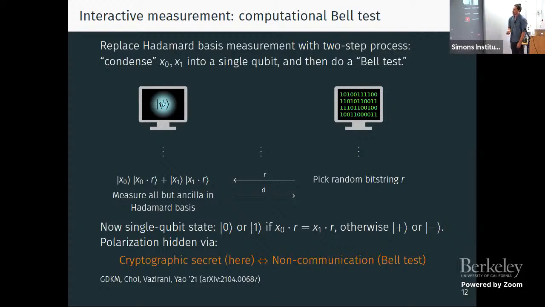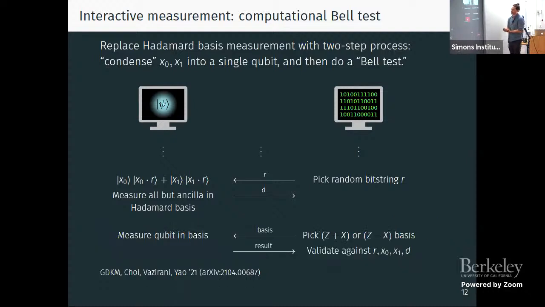So it turns out we can go straight through and just do what you would do in a Bell test or in the CHSH game. We pick an intermediate basis, like the Z plus X or the Z minus X basis, and send it over to the prover. The prover measures the qubit in that basis and sends a result back. And then you can validate against these various quantities that you've gotten and get some correlation with the cryptographic